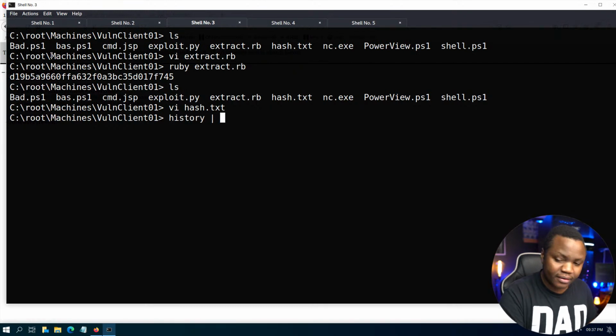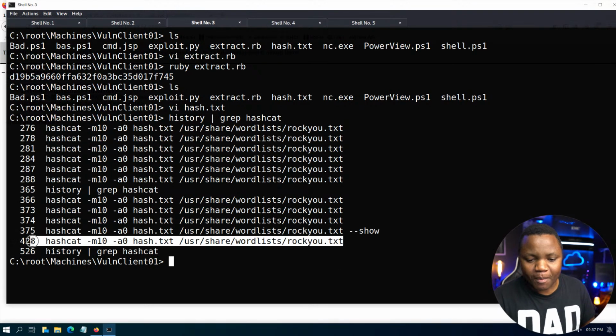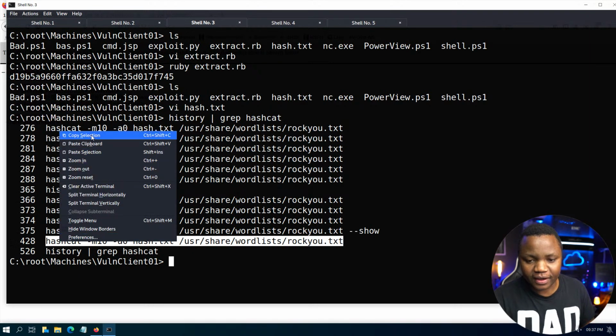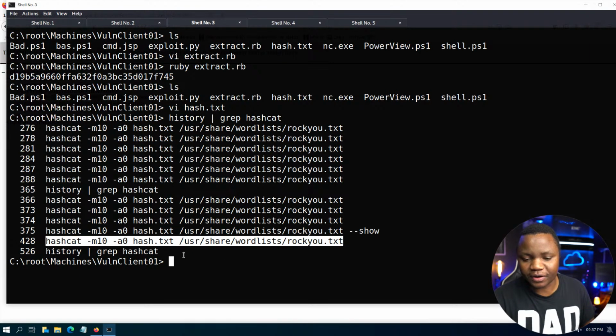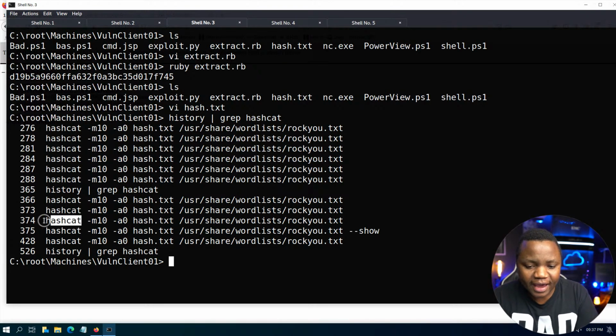Can I have a hashcat? I'm just going to reuse my hashcat command from last week. It's still in here. And by the way, quick tip, this is what you learn from watching somebody doing things live. Let's say I wanted to just rerun this. Well, first I need to tell you, hashcat minus m10 says, hey, it's a salted hash. In fact,